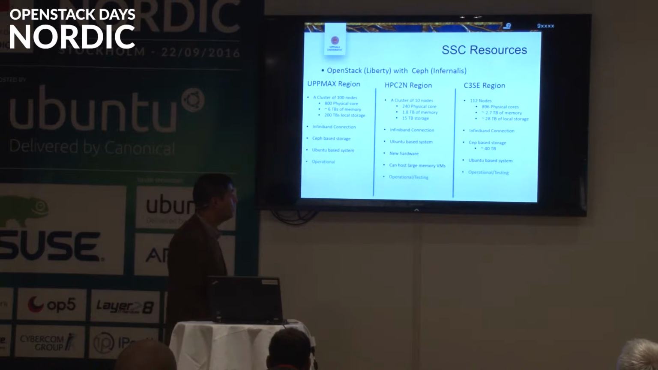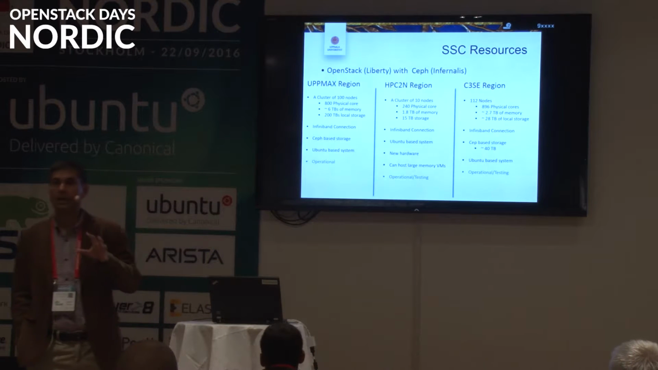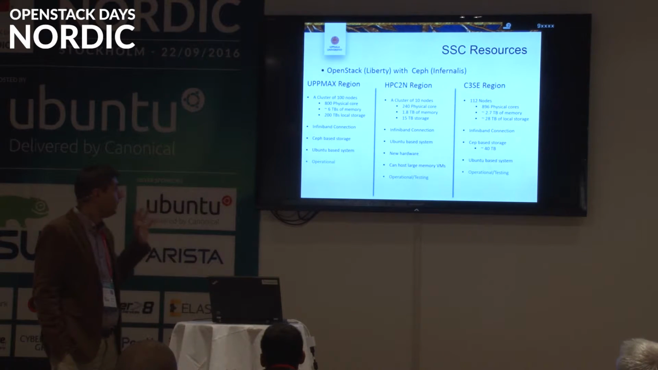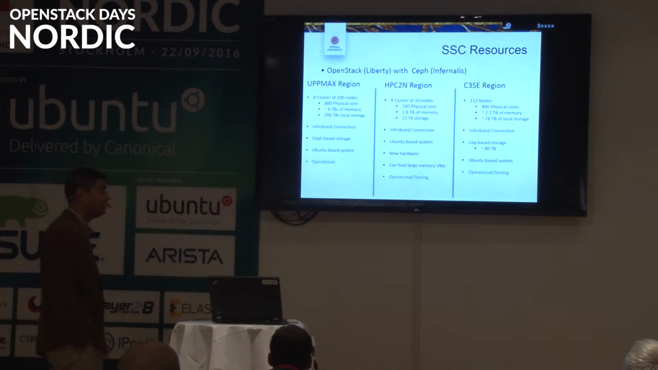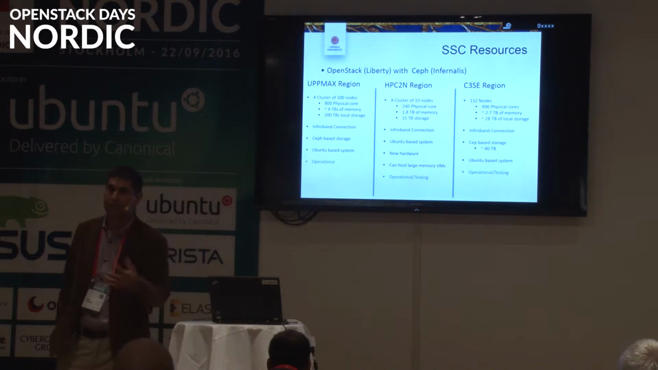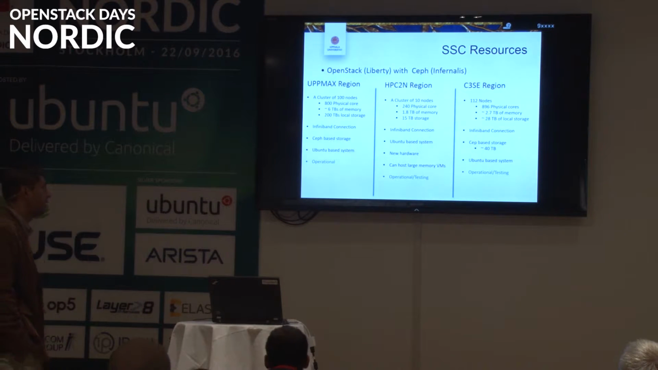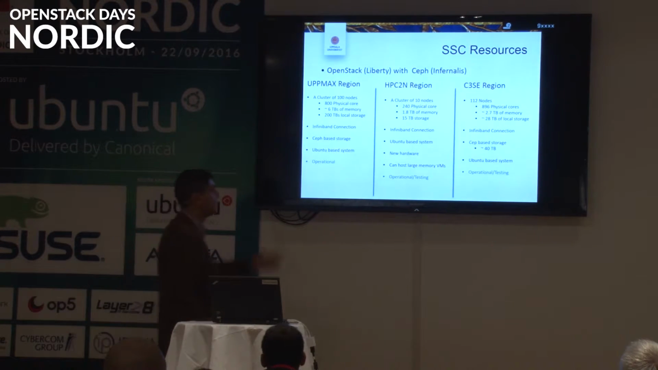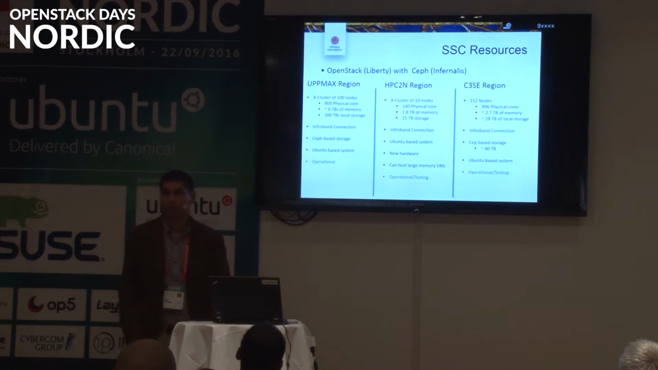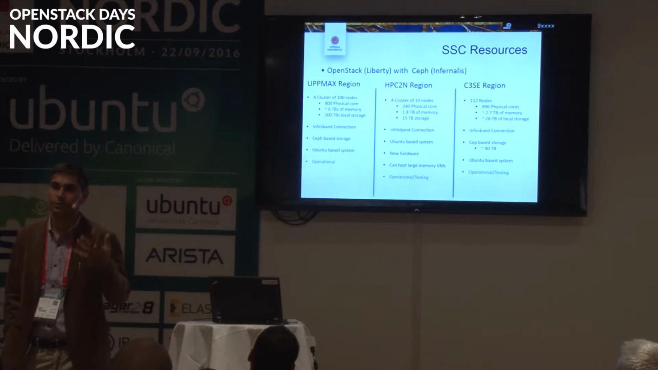We have HPC2N. It's rather a small setup, but all the hardware is quite new. And then we have C3SC, another region that is mostly based on, again, decommissioned HPC resources to provide the services for that. And the regions are there, they are operational, but still there is a little bit more work to do